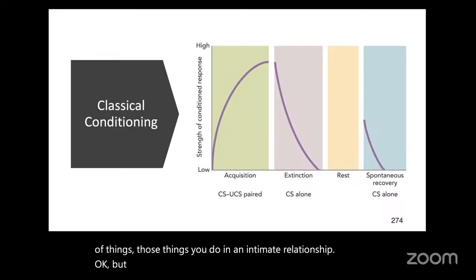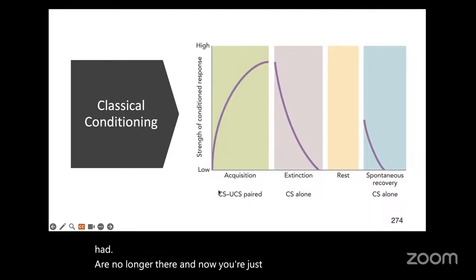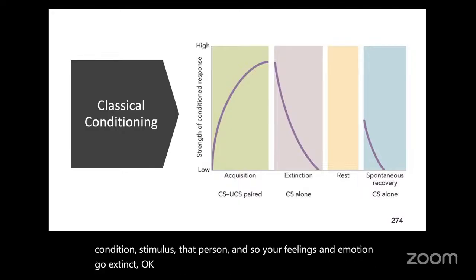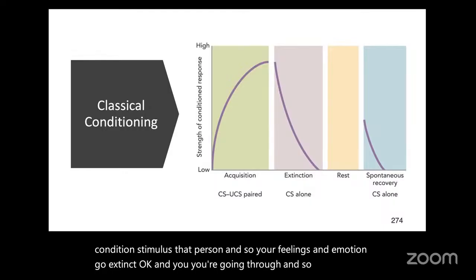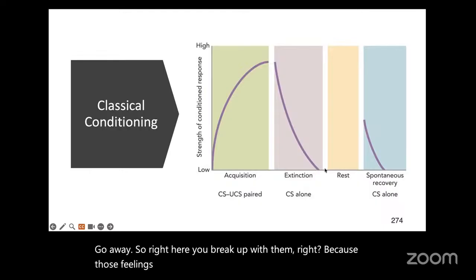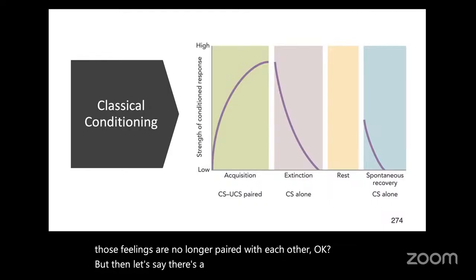But then the infatuation ends. Maybe they change their behaviors and everything else, and those feelings that you originally had are no longer there, and now you're just being exposed to that conditioned stimulus, that person, and so your feelings and emotions go extinct. So right here you break up with them, right? Because those feelings are no longer paired with each other. Okay. But then let's say there's a rest period where you're not exposed to